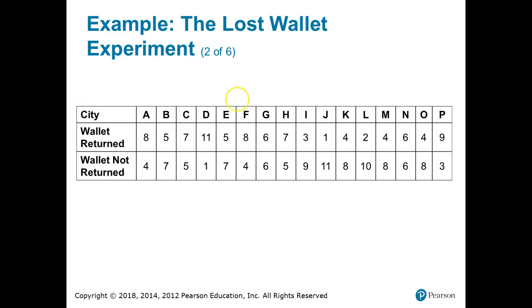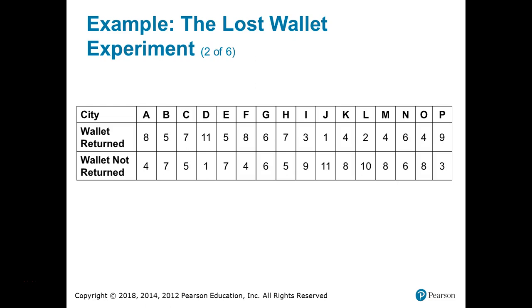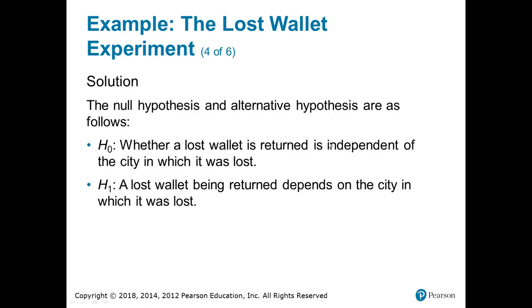So of the 12 wallets, in city A, 8 were returned, 4 were not. In city J, for example, only 1 wallet was returned, and 11 were not, etc. So we want to know, given this, do the cities have the same proportion of returned wallets? And at a quick glance, you can probably say, well, no. I mean, this city has 11 returned, this one has 1 returned,